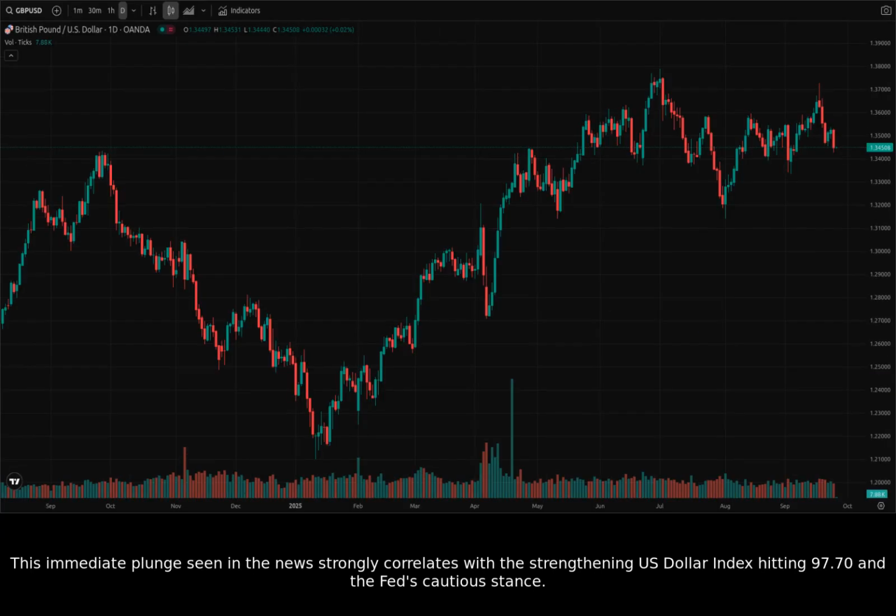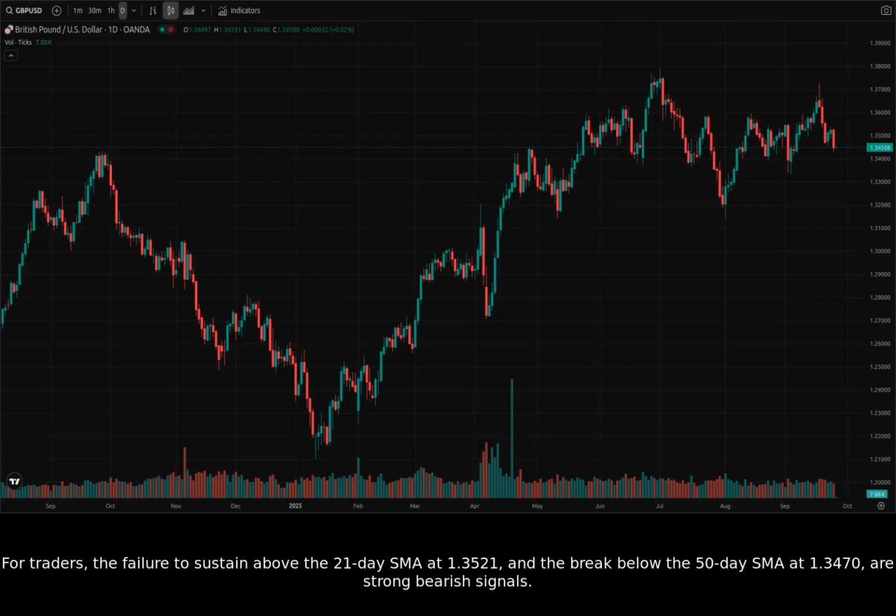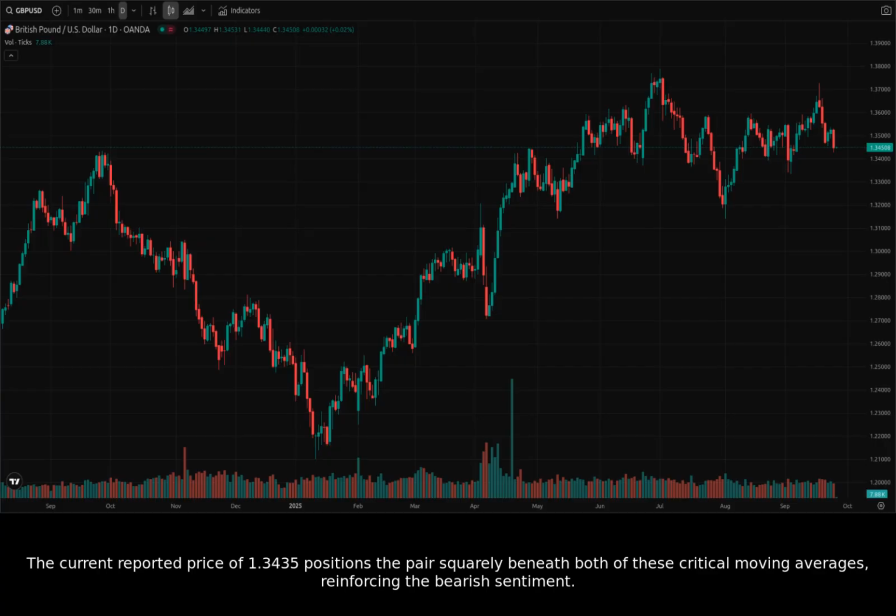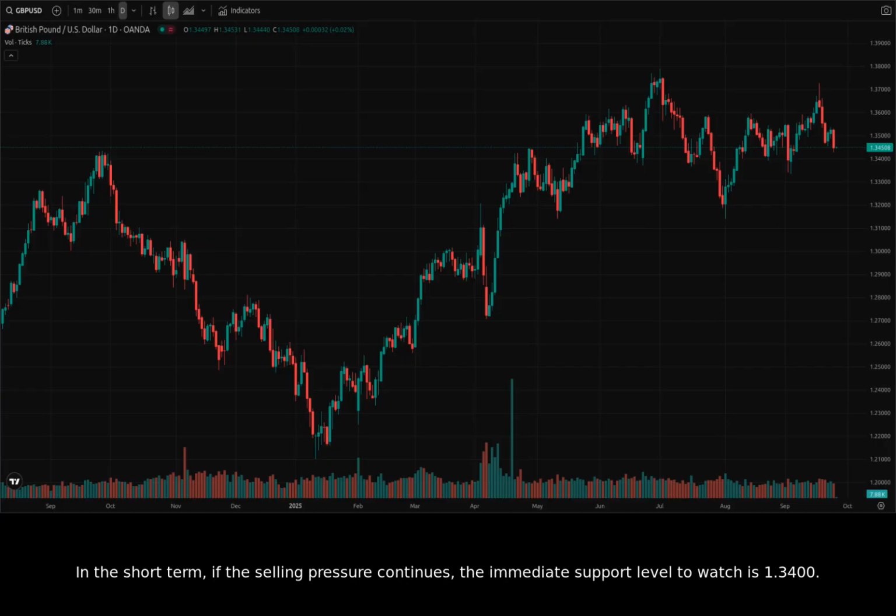This immediate plunge seen in the news strongly correlates with the strengthening US dollar index hitting 97.70 and the Fed's cautious stance. For traders, the failure to sustain above the 21-day SMA at 1.3521 and the break below the 50-day SMA at 1.3470 are strong bearish signals. The current reported price of 1.3435 positions the pair squarely beneath both of these critical moving averages, reinforcing the bearish sentiment. In the short term, if the selling pressure continues, the immediate support level to watch is